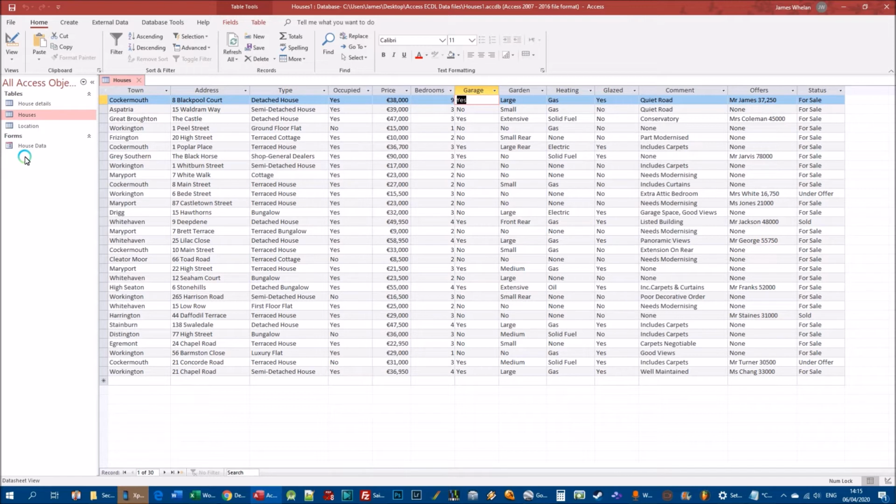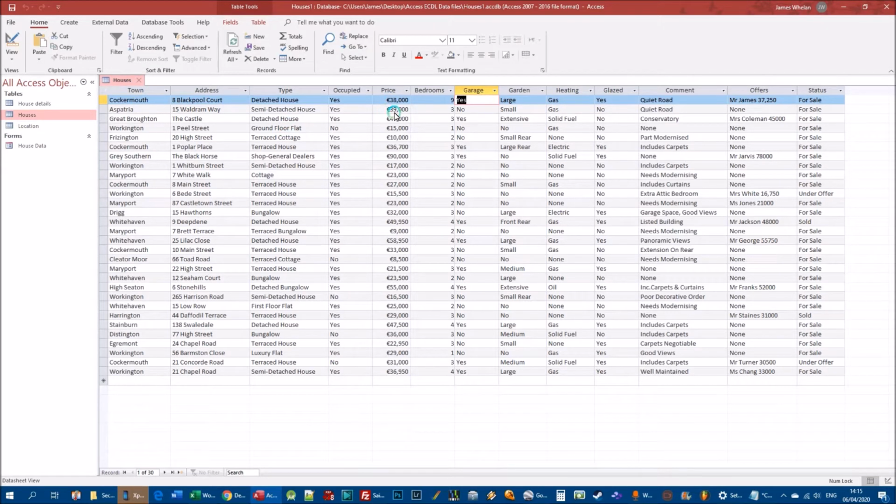It would always take the most recent up-to-date information from the table. So for that reason, and for more that we'll see as we go along, queries are very, very useful. Like filters, we can also have multiple levels of criteria in the query. So in this example again, we could have a query that would return only houses from a certain